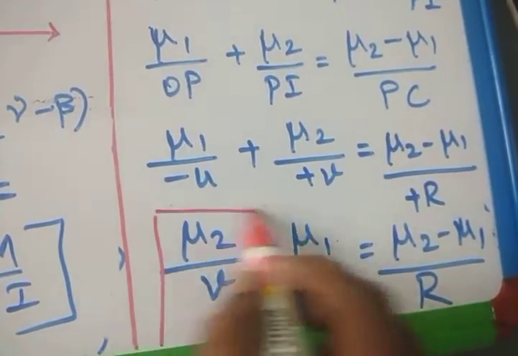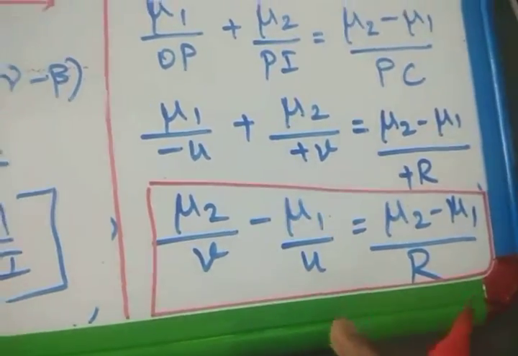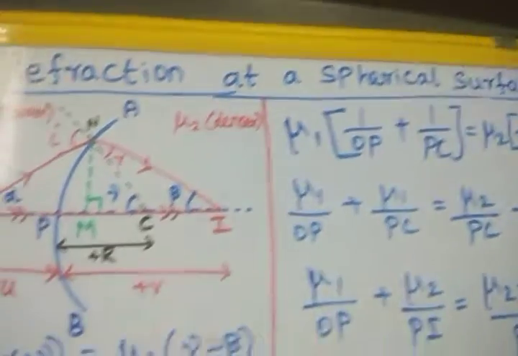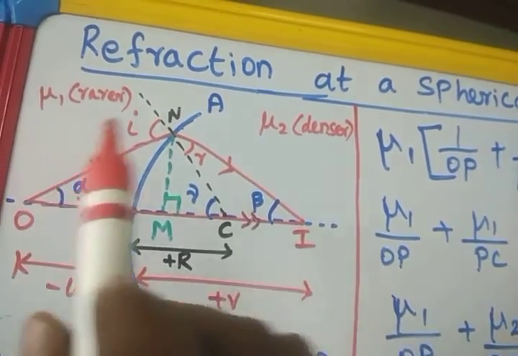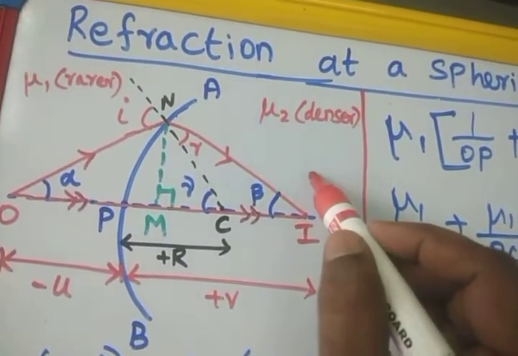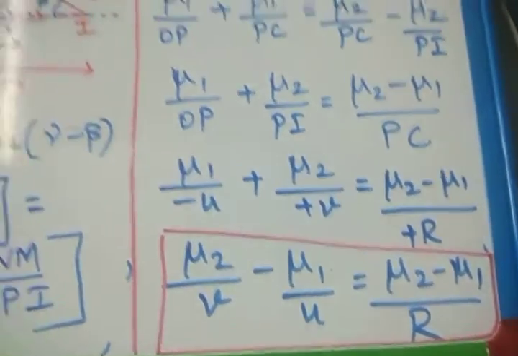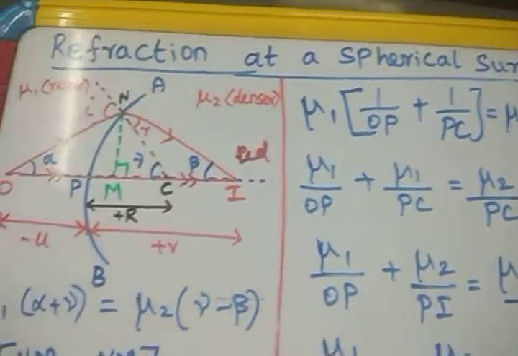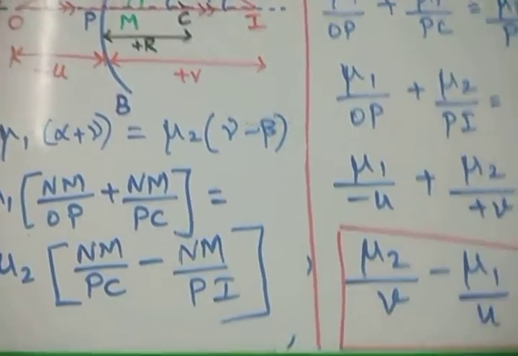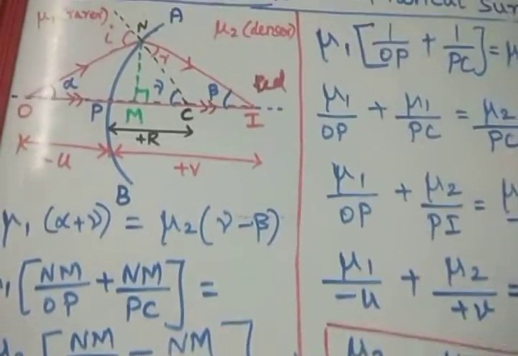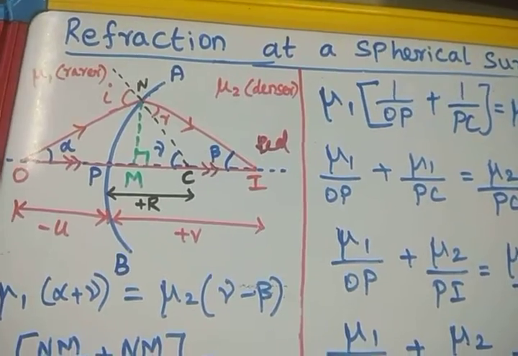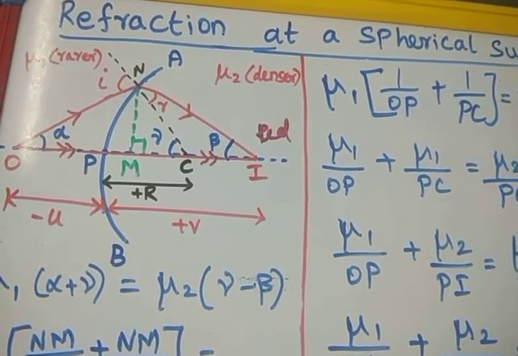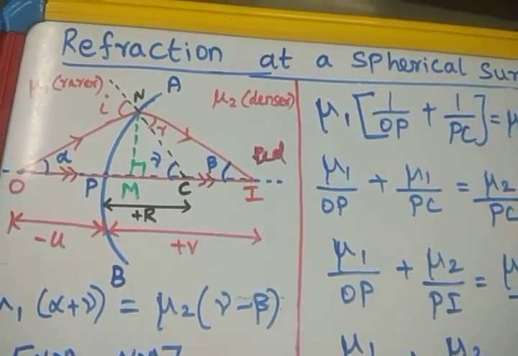This equation represents the refraction of light through the spherical surface. If the surface is a convex surface, when the light enters from rarer to denser medium, then the image formed is a real image. So we will get this situation. This derivation is very important for refraction through, image formation by the lens, either the convex lens or concave lens. This derivation helps to derive the lens maker's formula for lenses.